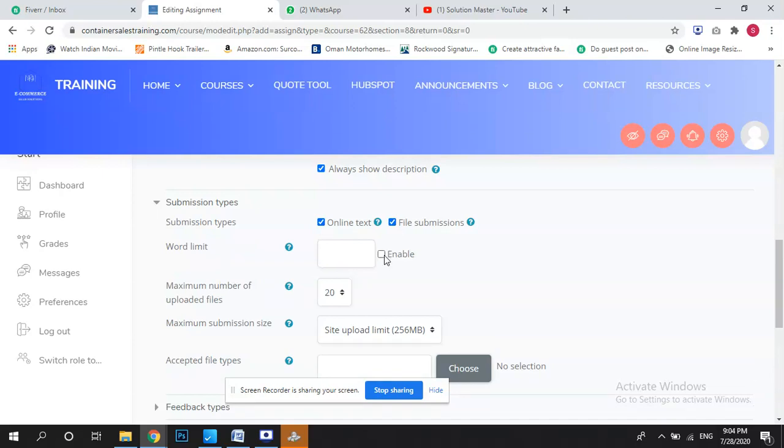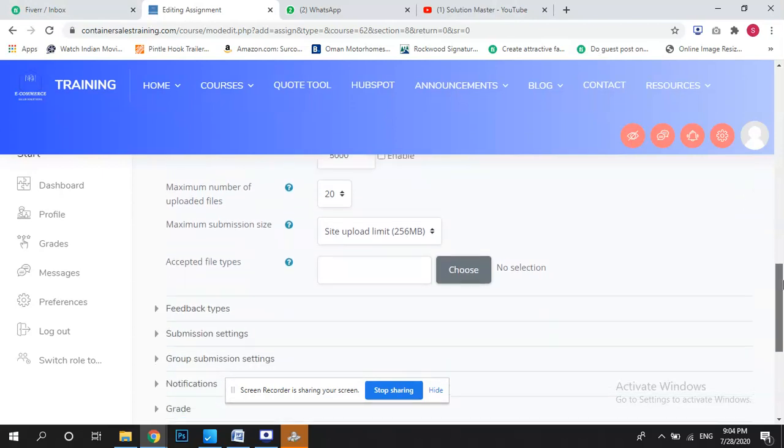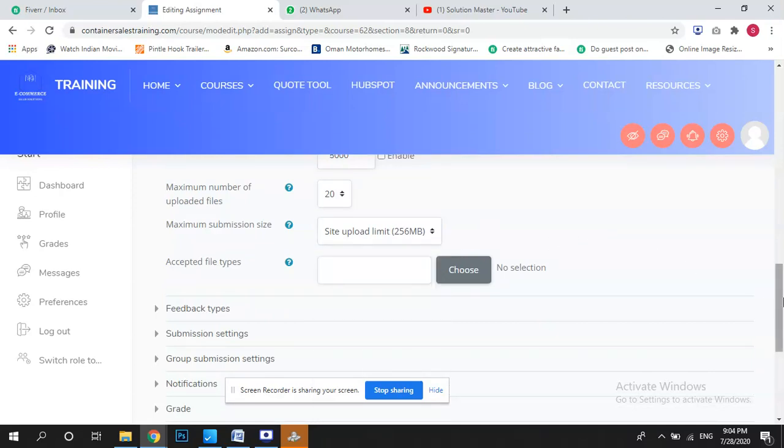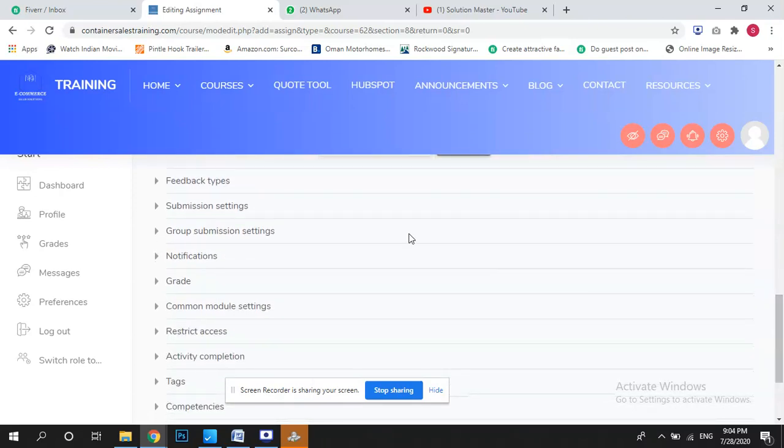There should be a file submission also. And online text, we can put a word limit, something like 5,000 words, up to us, or we can close this option as well if we don't want the word limit. If it is 10,000 words, that's fine also. Upload size limit is up to you.